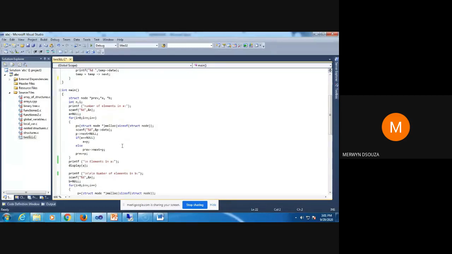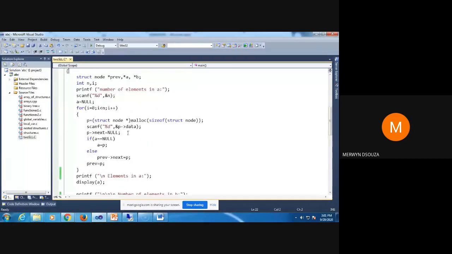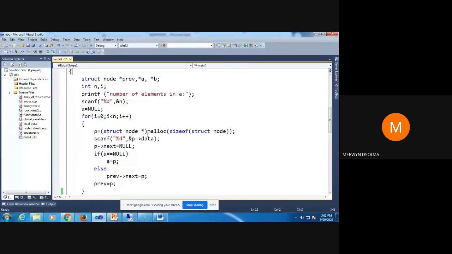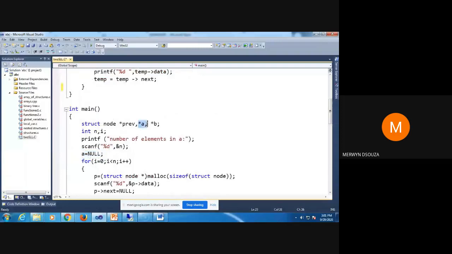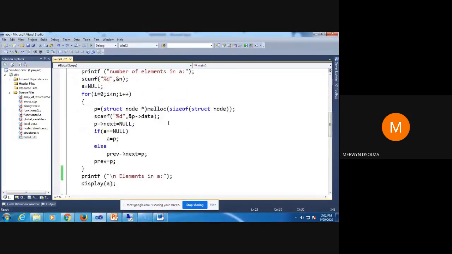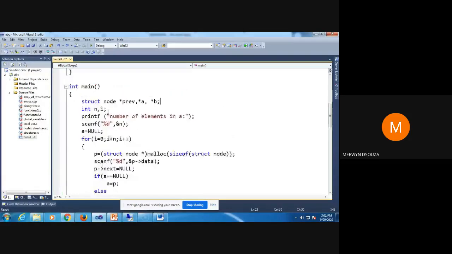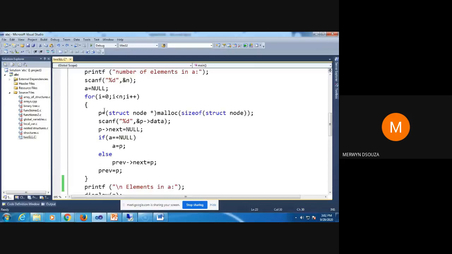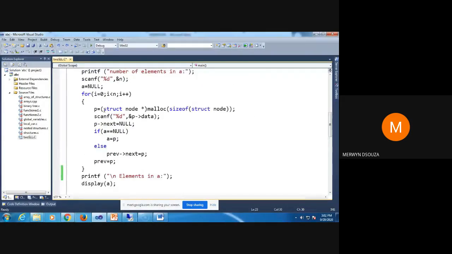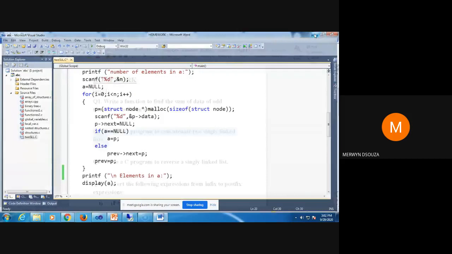The main part of your program is here. I'll zoom in so that you can see the code. The main part of the program is here. So what I'm going to do is I'm going to make A point to my first singly linked list, this variable A, and B is going to be pointing to my second singly linked list. So I'll explain how this first portion works from here to here. Similarly for B. It will be easy for you to understand later, but right now I'll just show you this part, how it works.